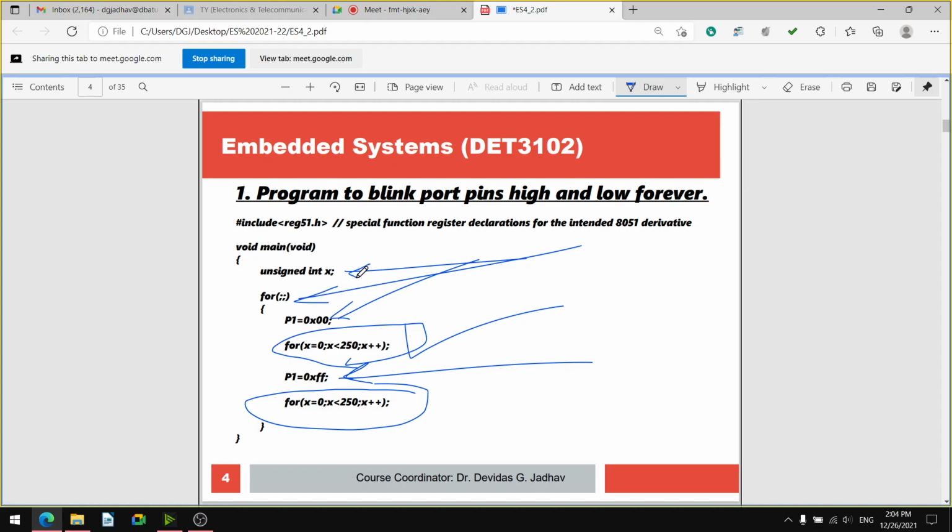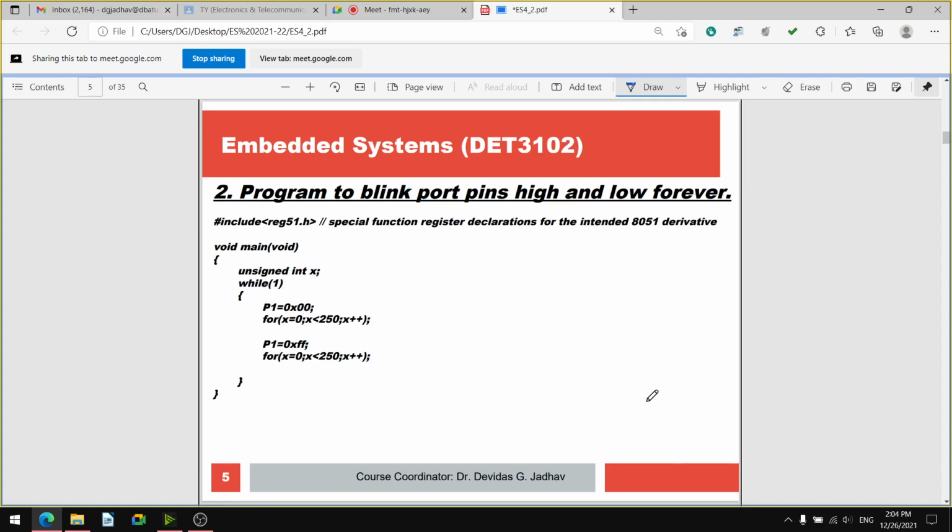This variable assignment and variable declaration we have discussed, and we have used them in the program and executed them, isn't it? Similarly for this program, blinking a port forever, except this while(1), we have executed all of this in the simulator.